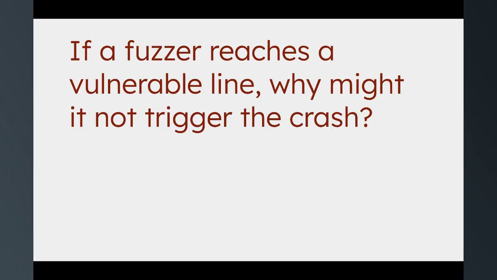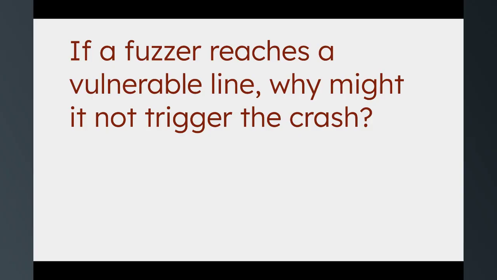So first, let me start with a question to all of you. If a fuzzer reaches a line of code that's vulnerable to a crash, why might it still fail to trigger that crash? The answer is that a lot of modern fuzzers today are extremely good with maximizing code coverage. They explore programs by generating all kinds of different inputs that can cause new paths to be executed. This approach has found a countless number of vulnerabilities in real-world production software, but coverage alone doesn't guarantee that a